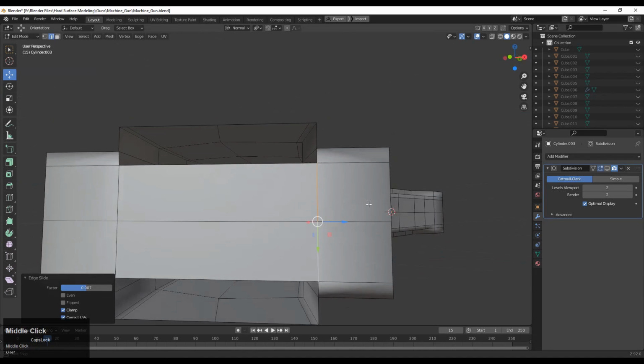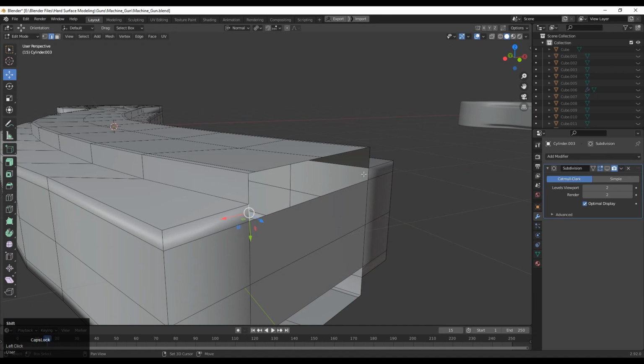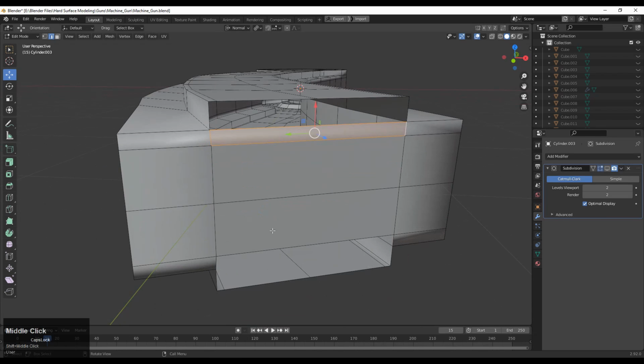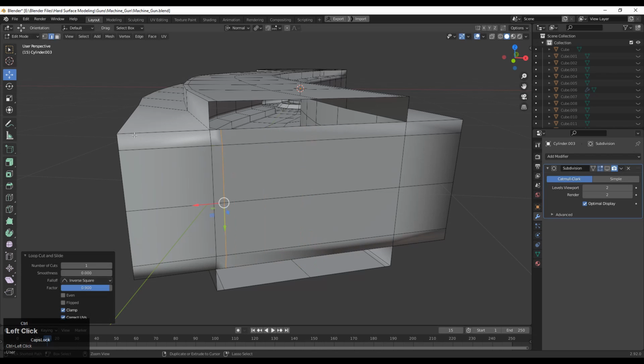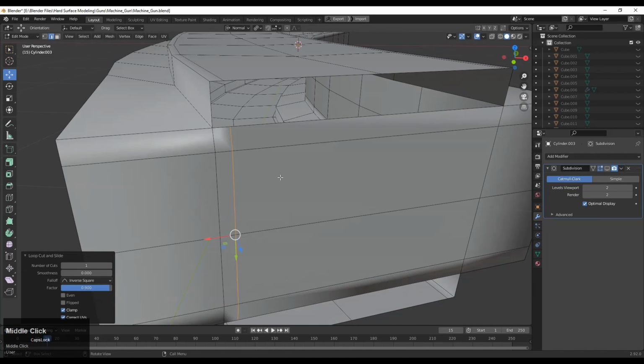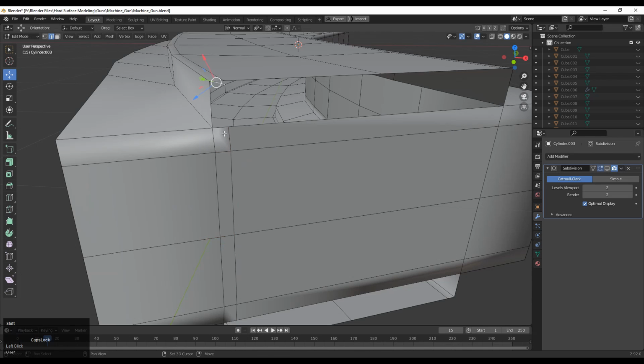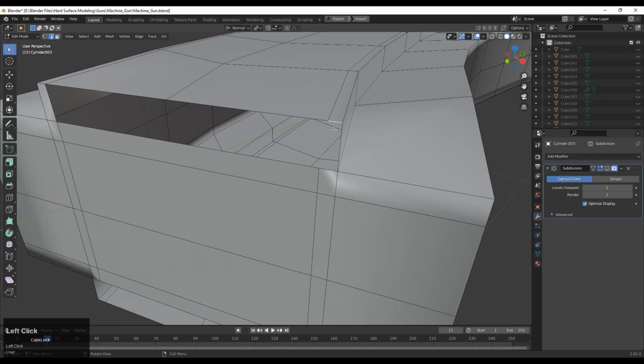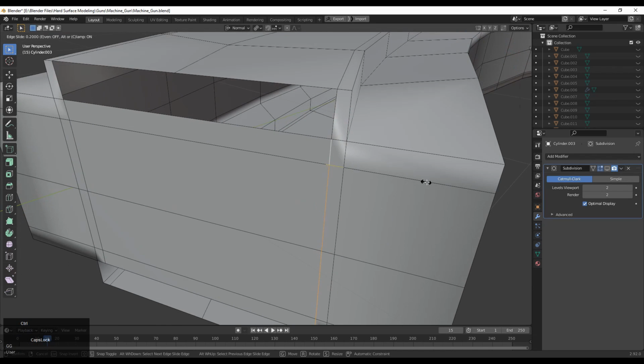If it's a flat surface, then don't worry about the quad based topology. You can use a few triangles. But if it is a curved surface, or on the corner, you will face a little bit of difficulty with the form. So that's why you should know where you want to add the right topology and where a little bit of triangles is fine.